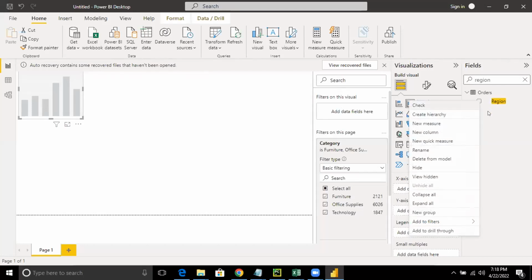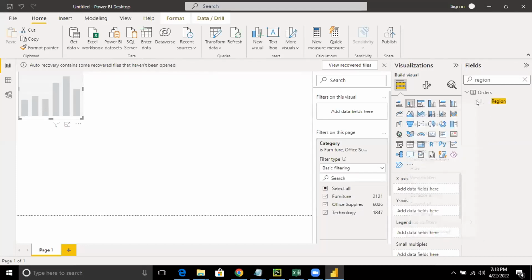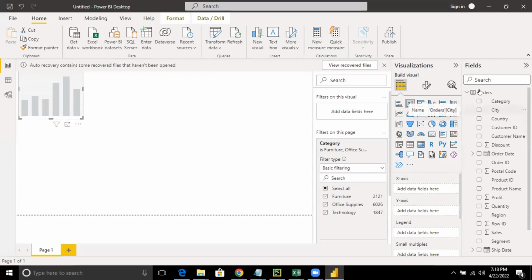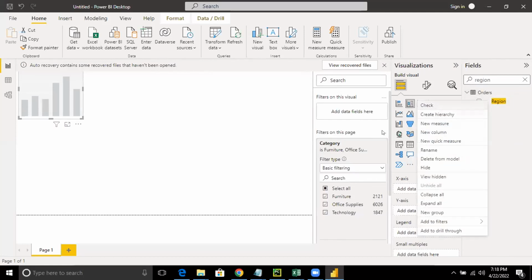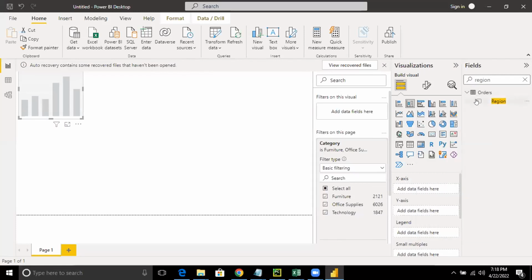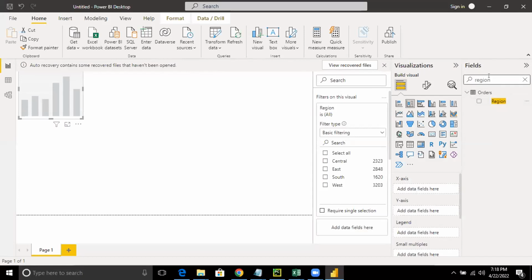Select the region. Drag and drop onto the filter like this. One second, my cursor is, yeah, drag and drop over here. Then the next thing that we will do is the segment.